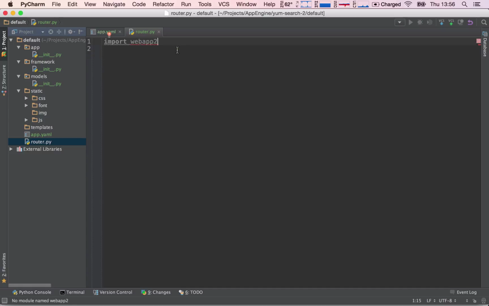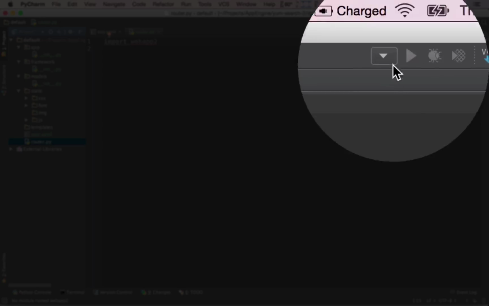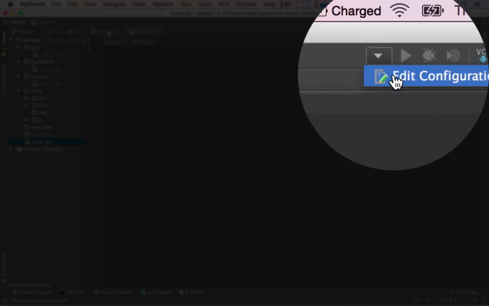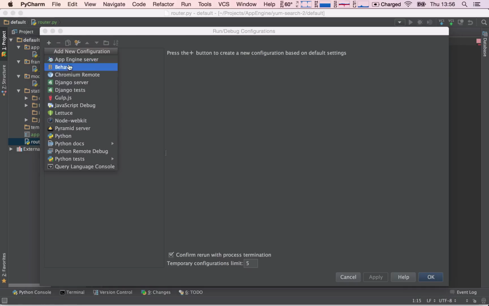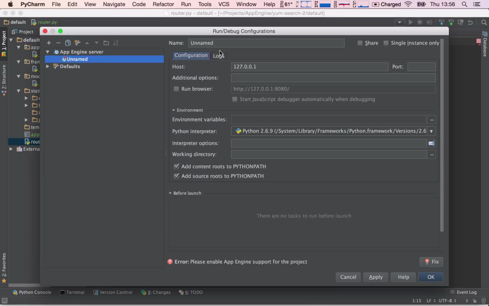This doesn't mean the application wouldn't work if we launched it, but PyCharm is not recognizing that we're using the Google Cloud SDK, so we need to tell it, just like we did in the previous case while we were creating the project. But since the Google Cloud SDK has created the project for us, we need to tell PyCharm that we're using the SDK. So to do that, we hit this arrow, edit configurations, and then hit this plus sign. We're going to select App Engine Server,